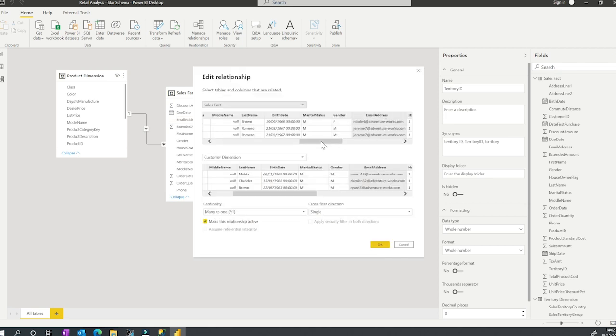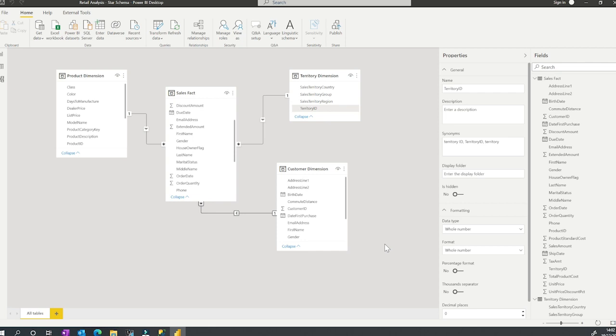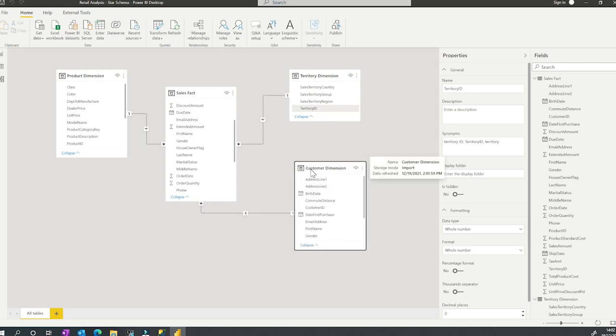email address, but instead it should be based off the customer ID. So if I look for customer ID, there we have it, and customer ID here, click OK, and that's exactly what we are looking for, right? That's how we take a flat file that was possibly provided to us by the data team, the BI team, IT, and align it as closely as possible to a star schema to get all those benefits that we previously